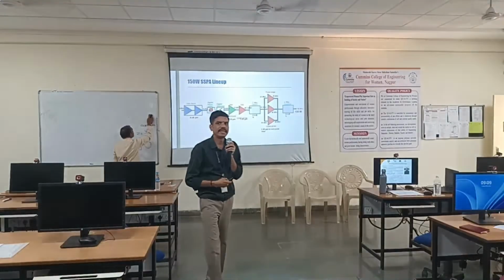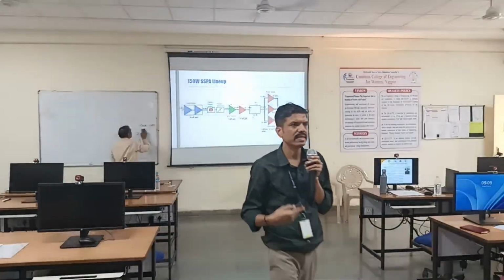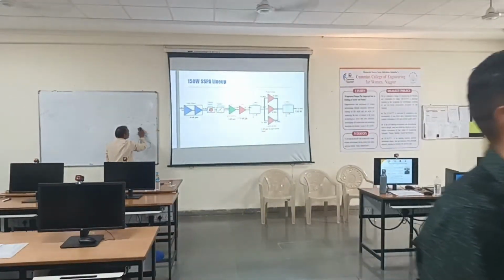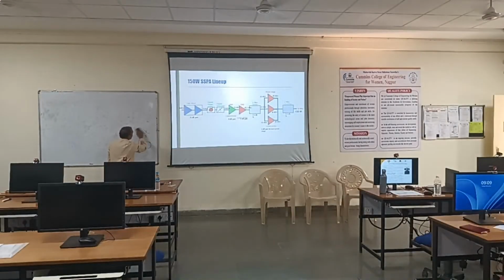So this is the diagram. For any satellites in India, I made this when I was at ISRO. So this is how the chain of any power amplifier in satellites looks. It all starts with the gain block, typically 35 dB gain. Then we have a digital phase shifter attenuator. Then we have DA, meaning driver amplifier, DA1, DA2. Then we have a three-way divider.